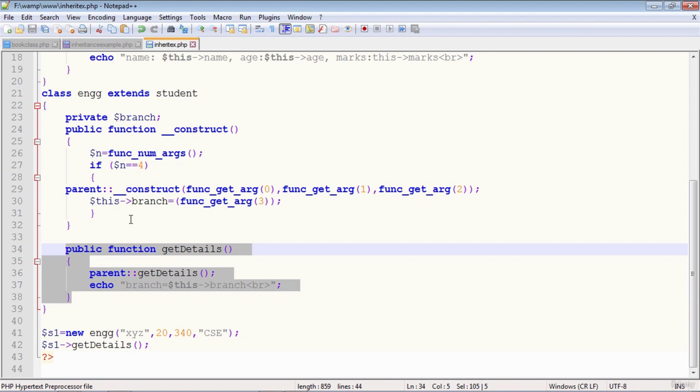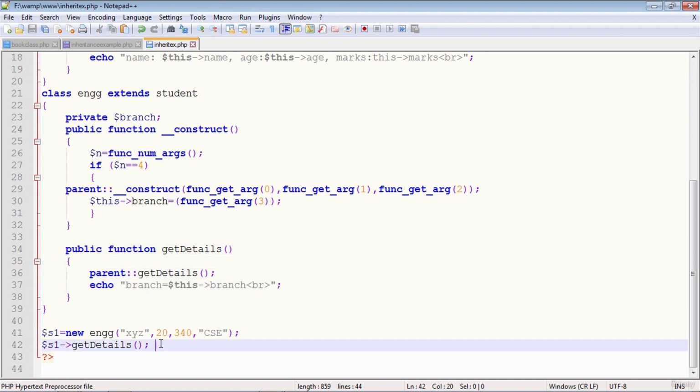Incidentally, from inside that you are calling the parent get details function, but that is a different issue. This get details function has been overridden by the engineering class. So this is the simple